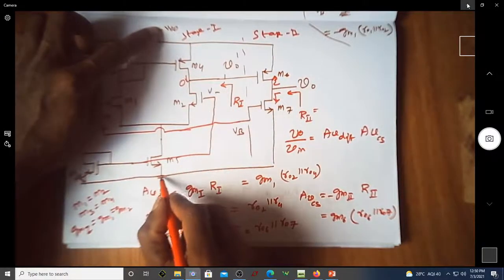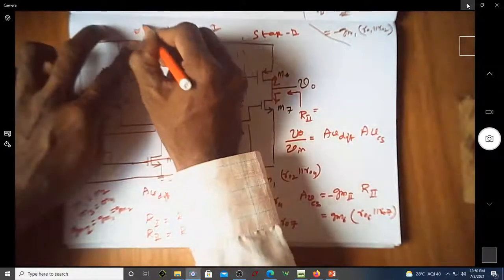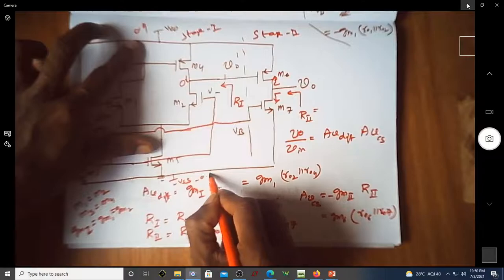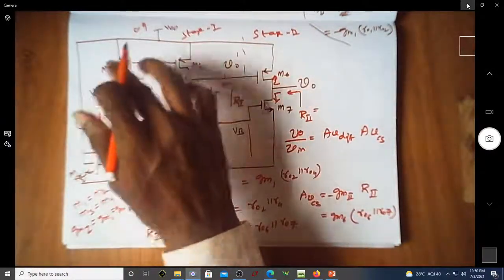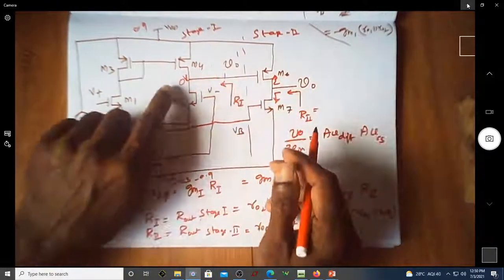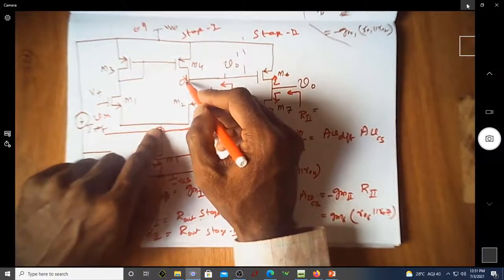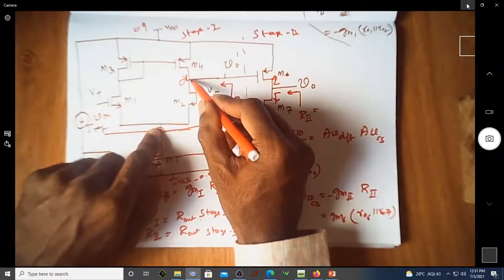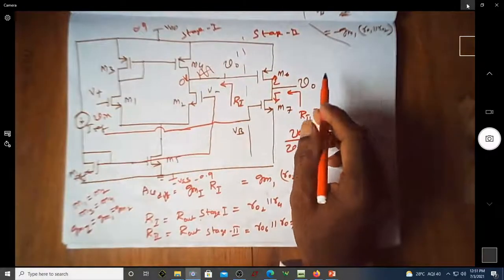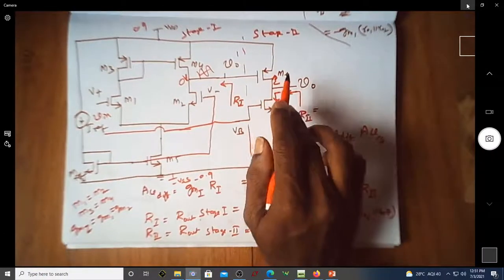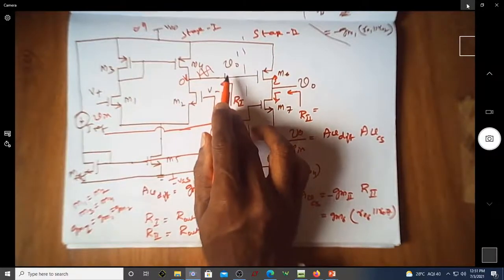Of course, this need not be ground. This can be minus VSS. Suppose you have 0.9 volt and minus 0.9 volt, we can certainly adjust the biasing and the dimensions of these transistors such that you may end up with a 0 DC volt. When you have a 0 DC volt, without a capacitor you are able to couple this AC signal onto this CS amplifier, meaning this avoids the usage of a coupling capacitor.